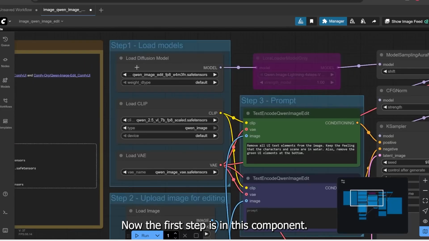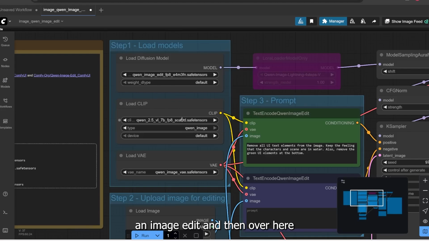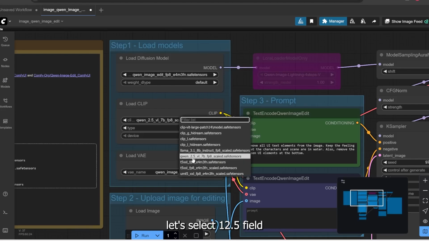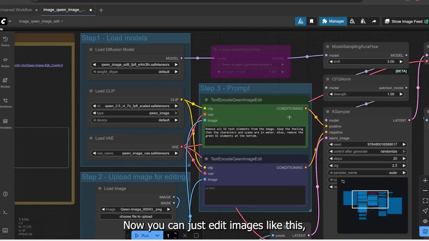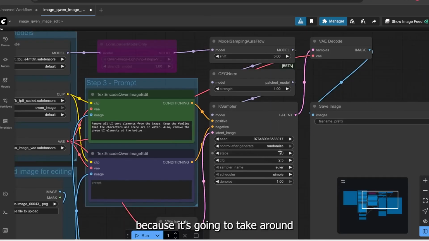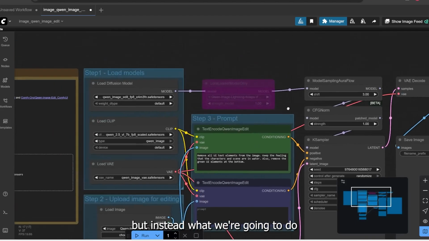Now the first step is, in this component, make sure you click on the dropdown for each model and select the appropriate model. So for example here, let's select Qwen Image Edit, and then over here, let's select Qwen 2.5 VL, and then down here, let's select Qwen Image VAE. Now you can just edit images like this, but it's going to be pretty slow, and that's because it's going to take around 20 steps to generate a decent image. I'll talk about what this steps thing is in a second, but instead what we're going to do is actually